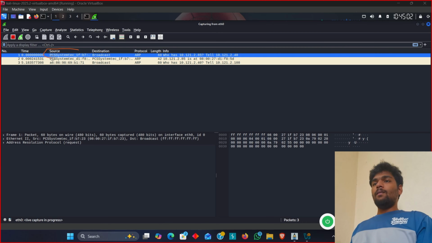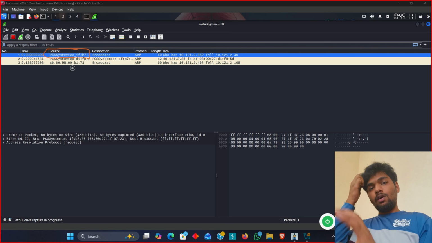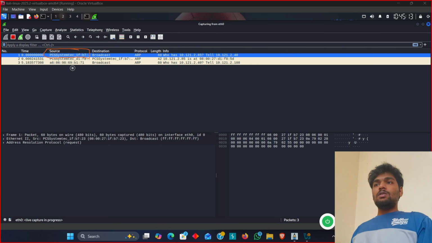So this is the source, that is our black Spider-Man attacker machine. Since both are in the same local area network, the source is mentioned here with the MAC address. And it broadcasted using the ARP protocol, like